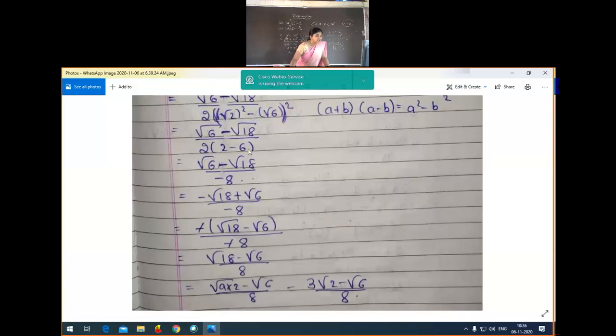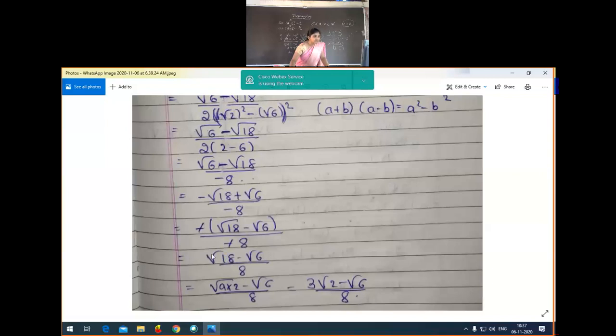Here we exchange to cancel that minus sign. In the denominator we are observing the minus sign, no? That's why here we took this root 18 first, minus root 18 plus root 6. Then here we can remove the minus as a common factor. If we remove minus outside, root 18 minus root 6 inside divided by minus 8, then minus minus cancel, root 18 minus root 6 divided by 8.